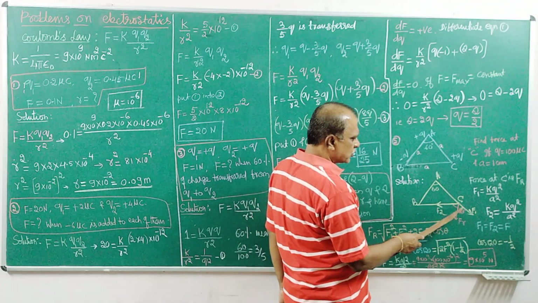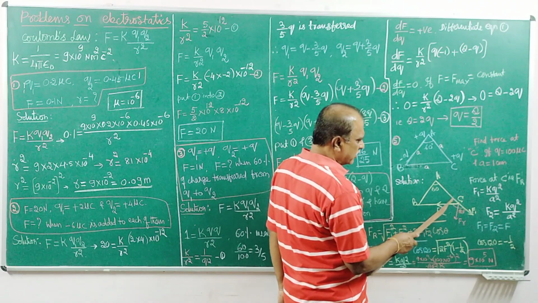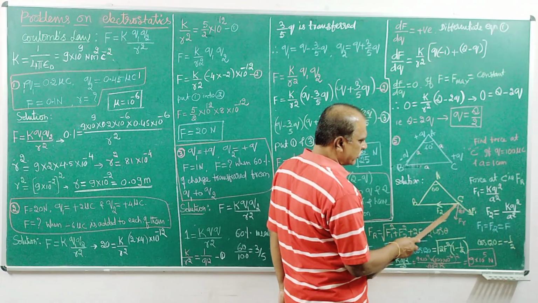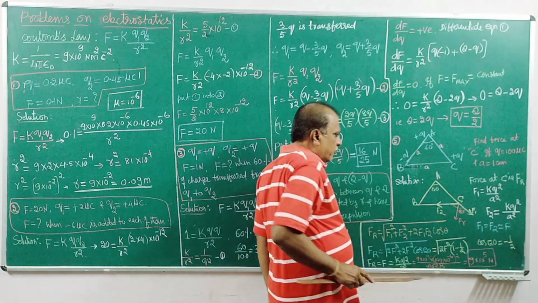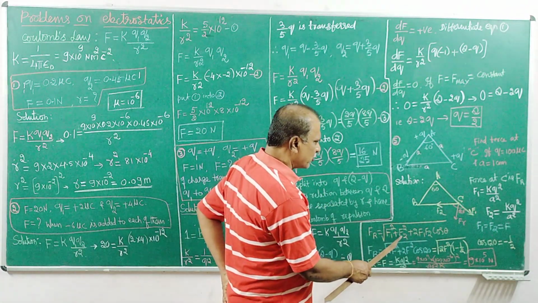What is the angle between these two vectors? If this is 60, as I told you, all angles are 60, and this is totally 180. So 180 minus 60 is 120. The angle between these two is 120, so theta is 120. Now let us calculate F1 and F2 using